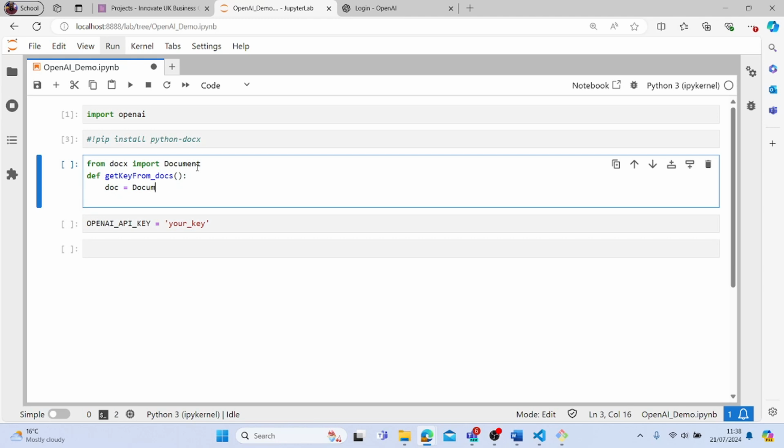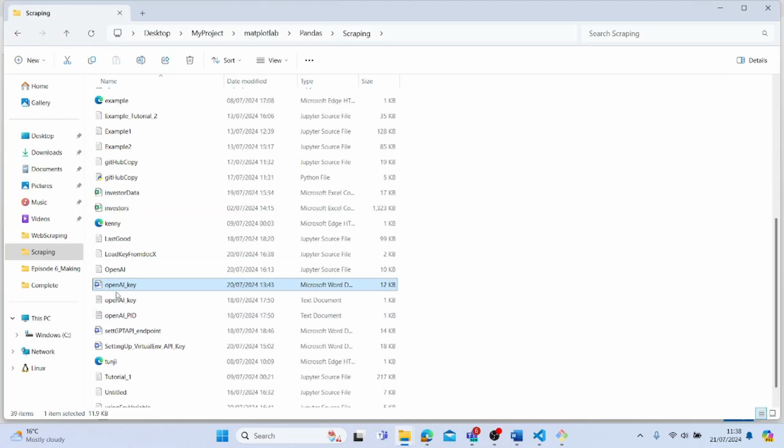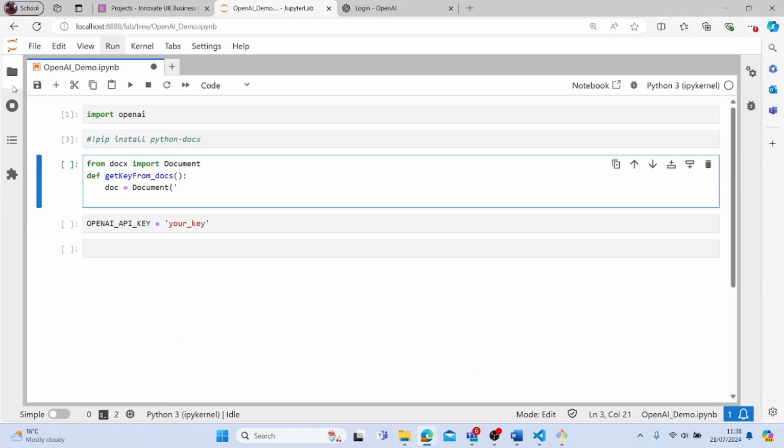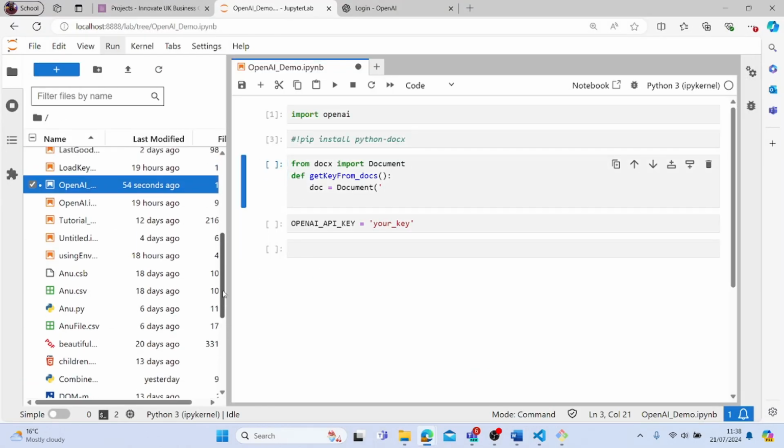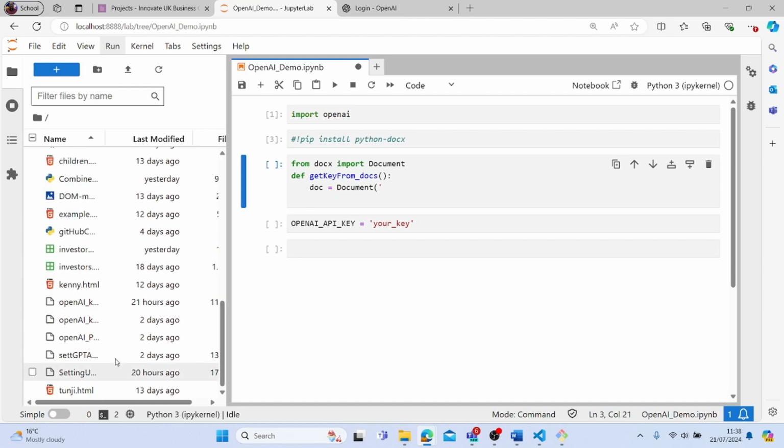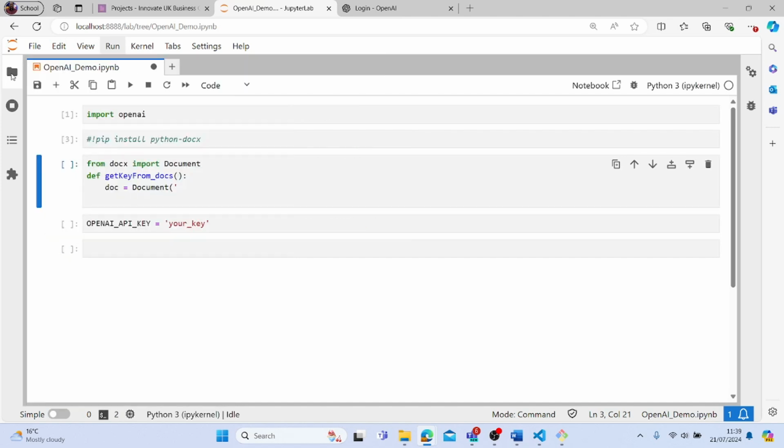Doc is equal to Document. Use the Document object. I have this key that I've shown you in the Word document. In the Word document, I call it openai_key. It's the same as in this document, it's just that I can open it in JupyterLab. So I have it in .txt and in .docx, but because in a Word document I'm able to highlight it and turn it black, that's why I use the Word document. So I can refer to it as openai_key